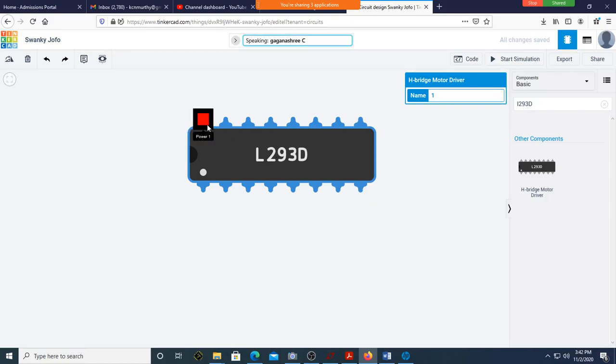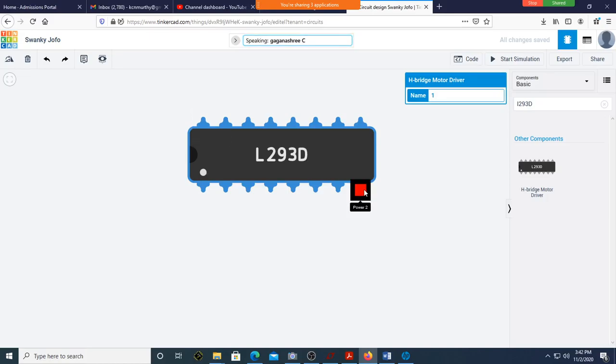This power 1 is usually 5 volt. This is pin number 16. Can you see the dot here? This is pin number 1, 2, 3, 4, 5, 6, 7, 8, 9, 10 till 16. So power 1 is 5 volt.